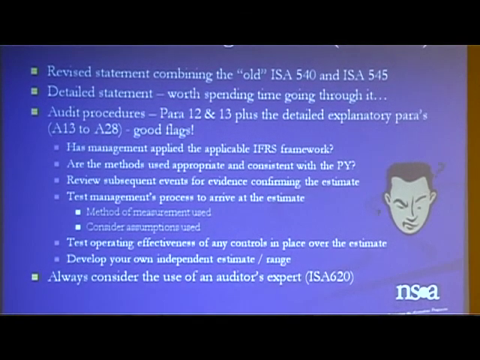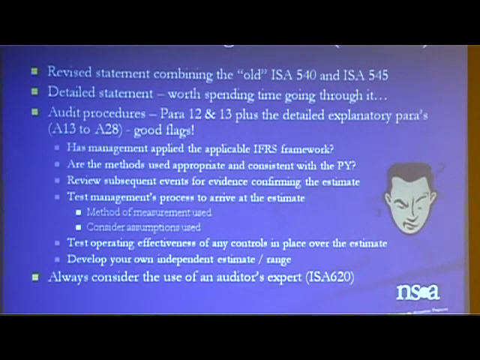I think just be careful there. Look at the number of marks that are allocated. Obviously, if there's a large chunk of marks allocated to this particular account balance that you're looking at, then the suggestion is probably that they want you to go into detail regarding the use of experts. On the other hand, if you don't have a lot of marks allocated to it, maybe it's simply a one-liner considering the use of an auditor's expert in terms of ISA 620. Okay, there's no point going and putting down 20 ideas for a question that's only worth 5 marks. I mean, clearly a 5-mark question needs a much higher level of answer.